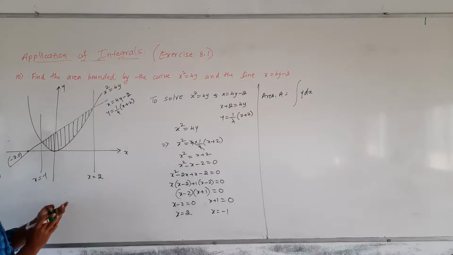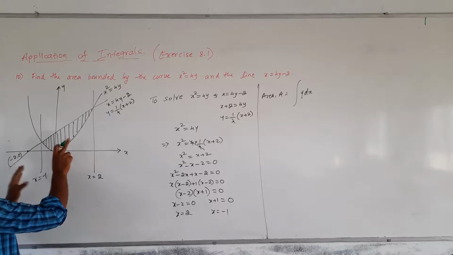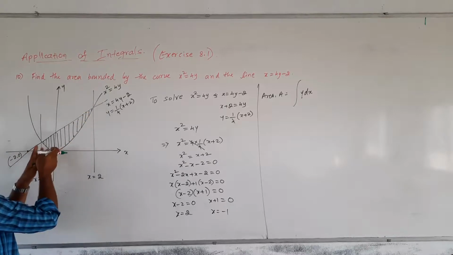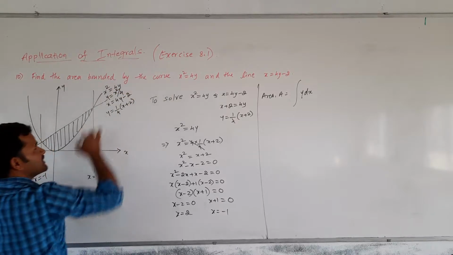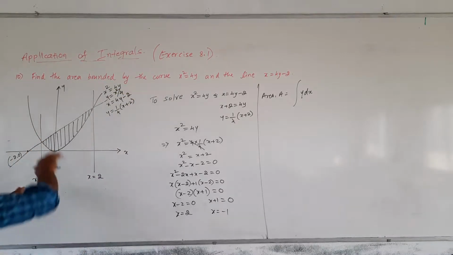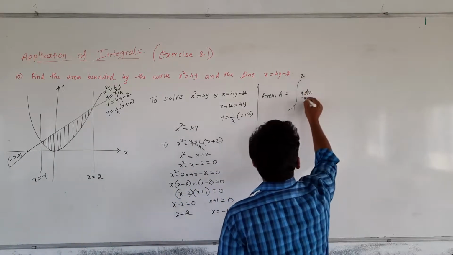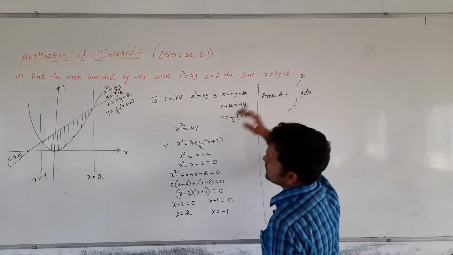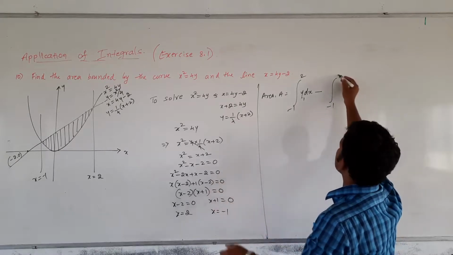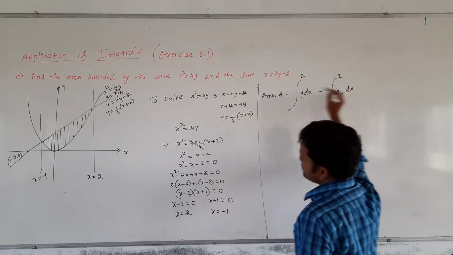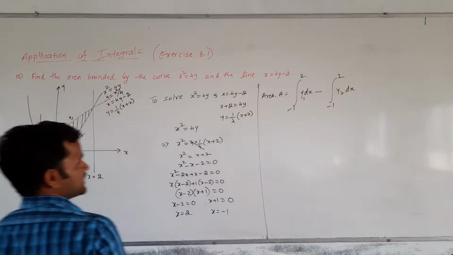But what I have to do? I have to eliminate this unshaded area here and here. This unshaded area is bounded by the second curve. Second curve is x square is equal to 4y, nothing but y is equal to x square by 4. Okay. First integrating on the upper curve from minus 1 to 2, y1 into dx I take, as this includes all the area. To eliminate that unshaded area, now from minus 1 to 2 y2 into dx, lower curve y2, upper curve y1, like this it will be taken.